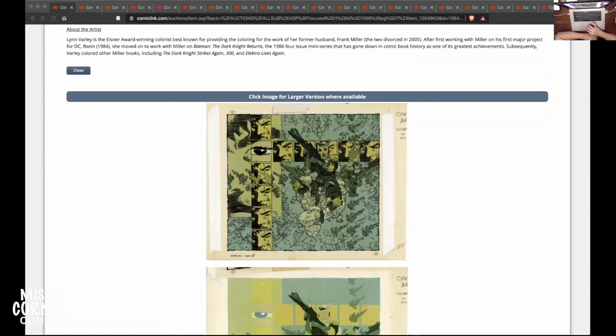The way that she colored those books, Ronin and Dark Knight Returns and a bunch of other stuff, is she would print out Frank's pencils or his inks in blue line on Bristol, and then paint the blue line Bristol, and then they had a transparent overlay of his inks. So this is what the final image looks like. But if you pick up the overlay,